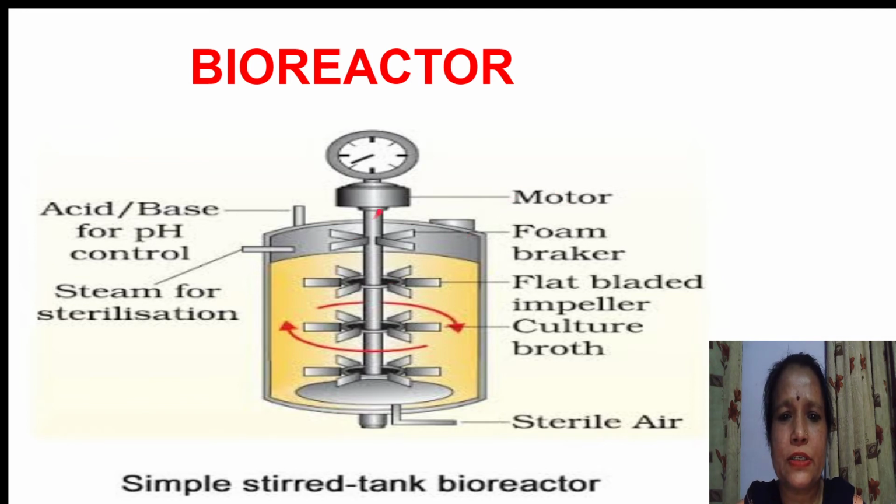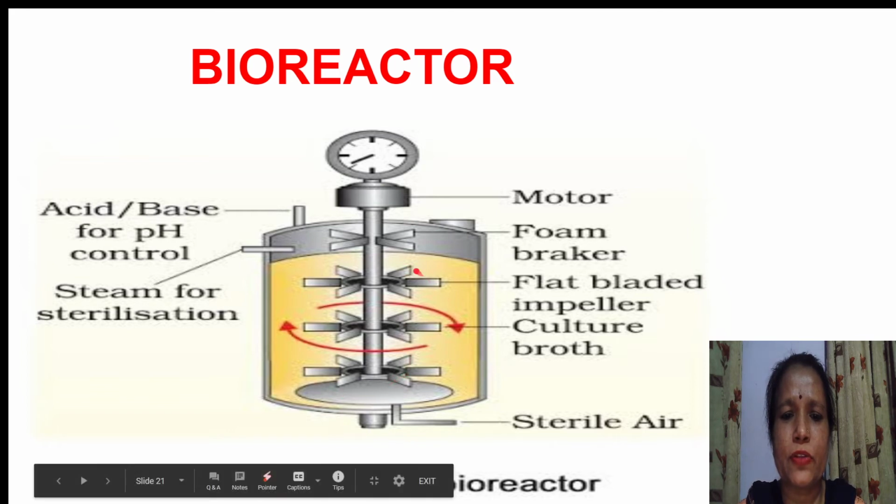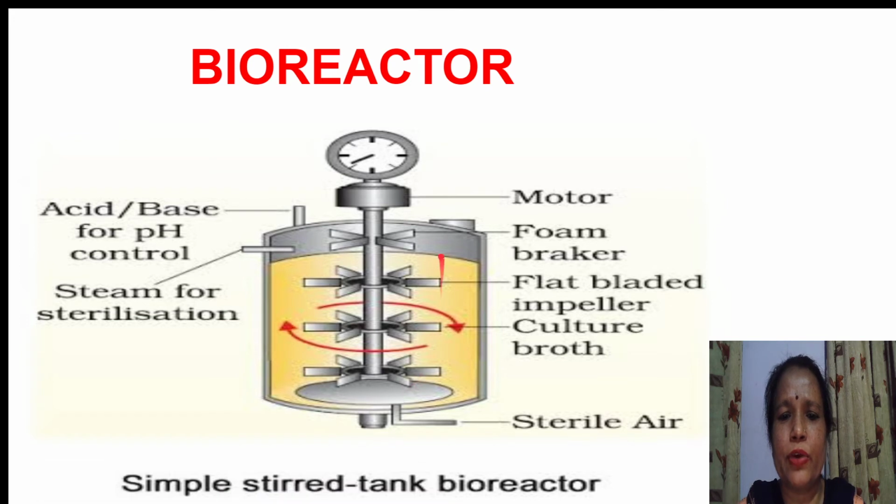There is an agitator. This is an agitator inside the bioreactor. It is fitted with a motor and it has blades, and these lower blades help in even mixing of the contents and the oxygen, whereas the upper one is the foam breaker. As foam will be formed due to the reactions of these microorganisms, and this foam has to be broken down continuously, otherwise it will accumulate here. As a result, oxygen will not be supplied to all the microorganisms, so it breaks the foam.